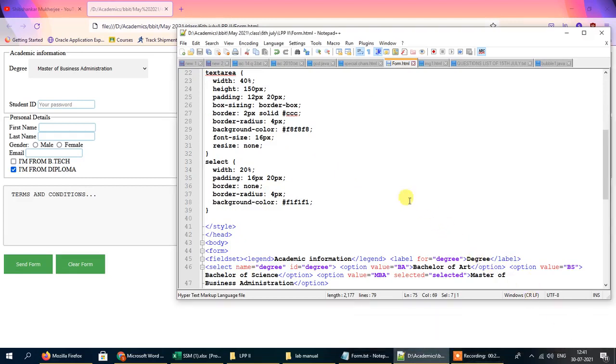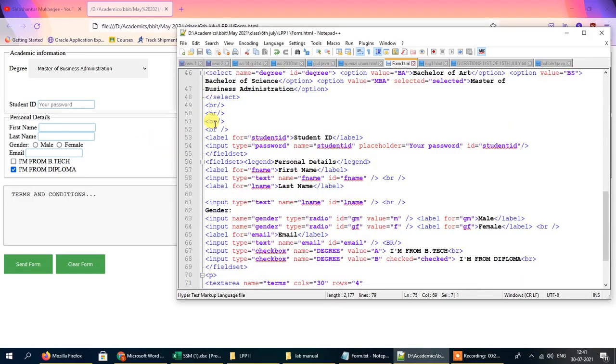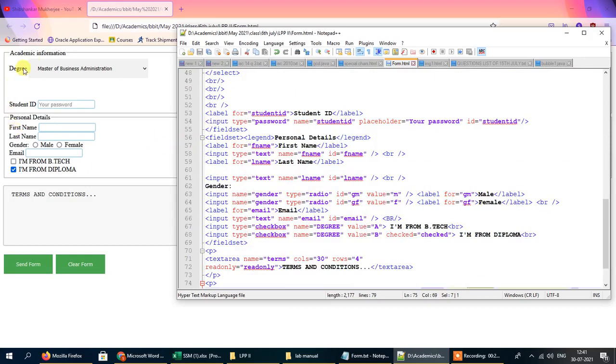So I'll be explaining to you the details of the CSS code that we have implemented for this particular form in another subsequent video, or in another class. The CSS code is optional, it is not mandatory. We have simply used the CSS code to beautify and improve the appearance of the form. Otherwise it would have looked very generic.